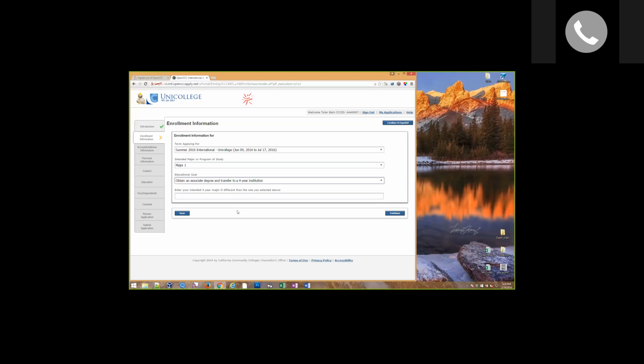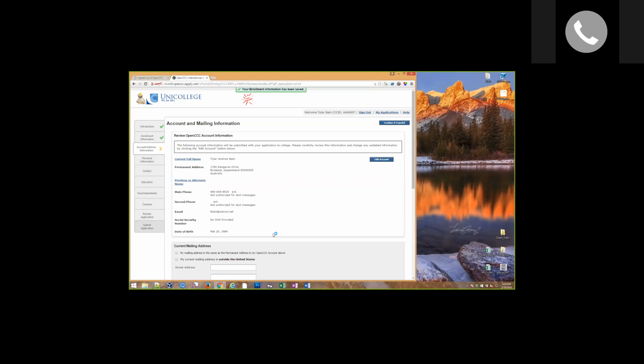Okay. The next page that we're going to be moving on to is the account address information page. This is very similar to the domestic application as well. One thing that should be noted is that if the user does not have a social security number, which is probably going to be the majority of users in this international application,